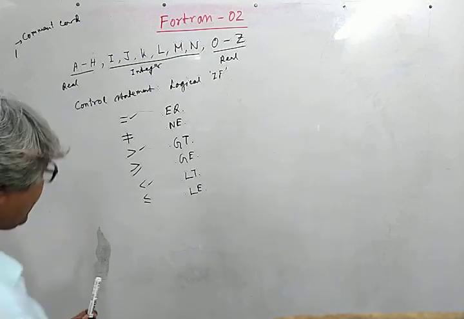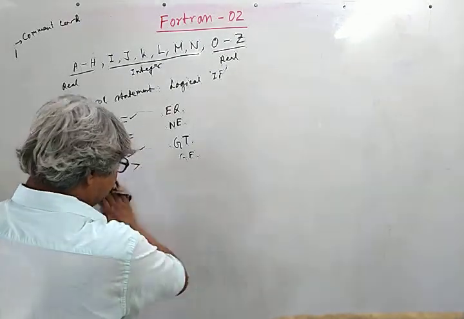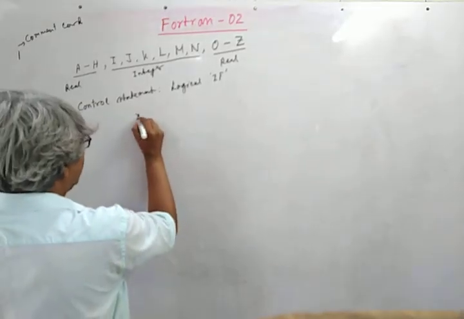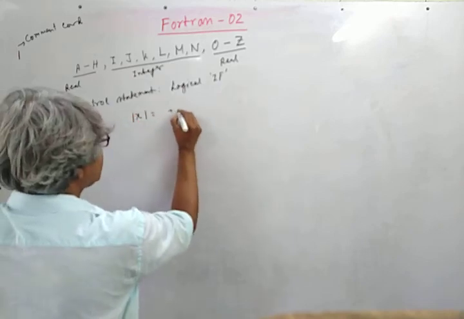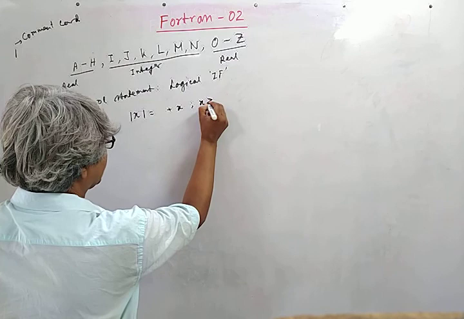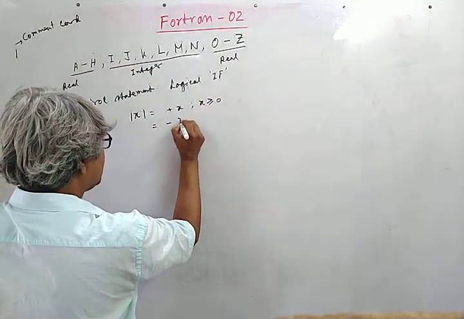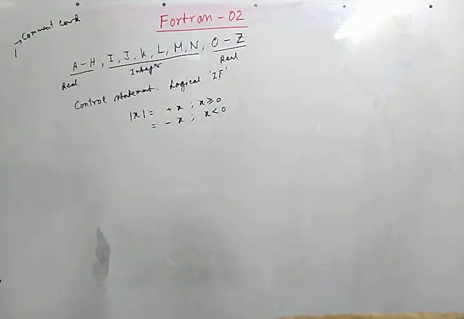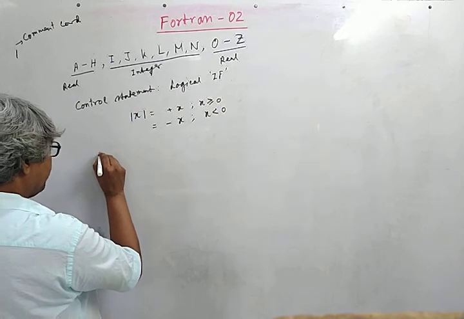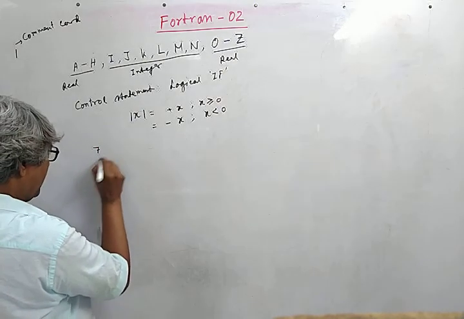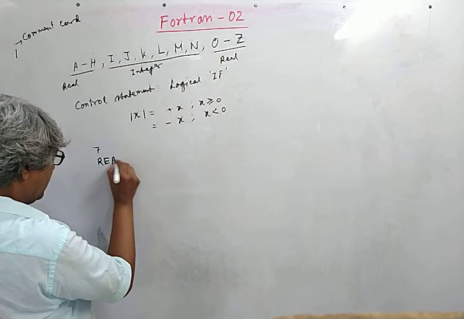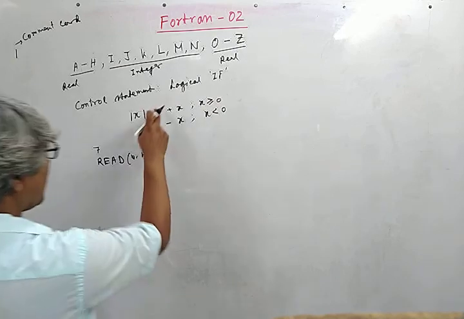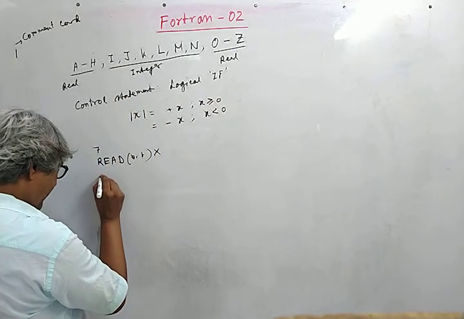So I consider a very trivial example from mathematics, that is the definition of the mod function. This is equal to plus x if x is greater than or equal to 0, and equal to minus x if x is less than 0. I want to calculate the absolute value of x. So the program starts from the 7th column, read star comma star x. Then I first ask this question. This is if